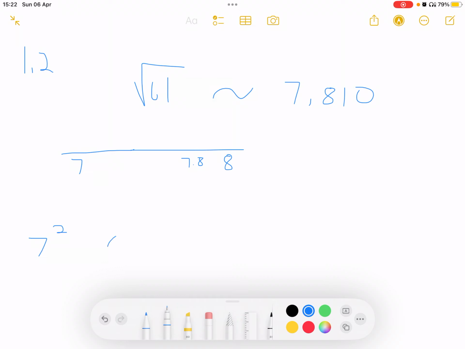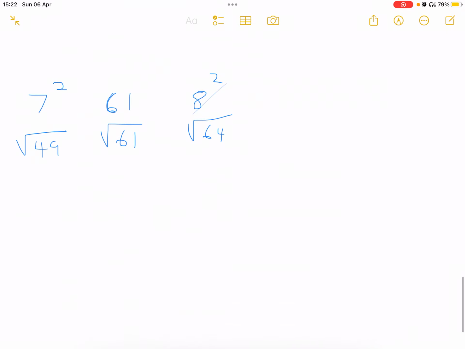7 squared comes before 61. And then after it comes 8 squared. Then we apply the square root of this 49, apply the square root of this 61, and the square root of this 64. Right. The value of their square roots